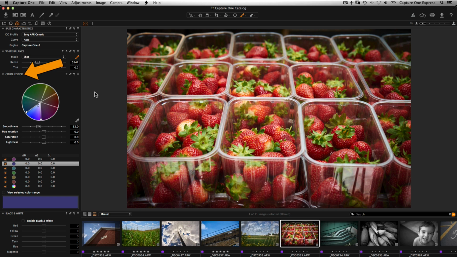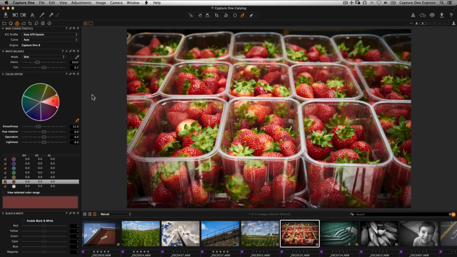The Color Editor is an extremely powerful tool enabling precise color changes to an image. Start by selecting the color correction picker. Click on the color of the image in the viewer you wish to edit. The color wheel is split into 6 different adjustable sections. A circle will appear on the color wheel designating the selected color tone. Each section can be narrowed down or expanded, effectively increasing or decreasing the color range to be affected.